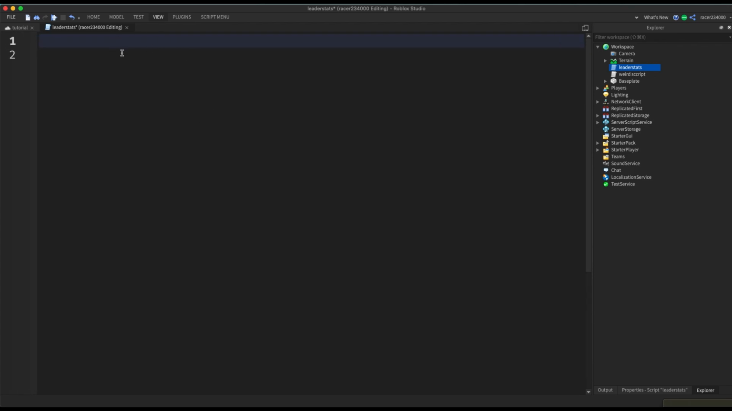Now remove the print hello world and now write game.Players. So the game.Players.PlayerAdded. Now let's stop. PlayerAdded is when a player joins the game, and PlayerRemoving is when a player leaves the game. We're going to do PlayerAdded. So write PlayerAdded,